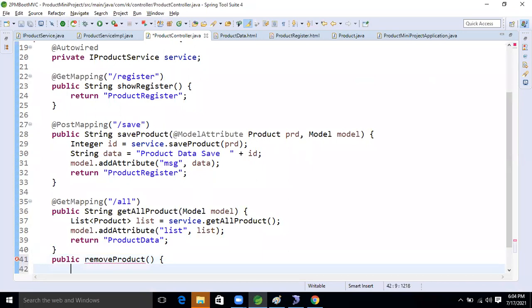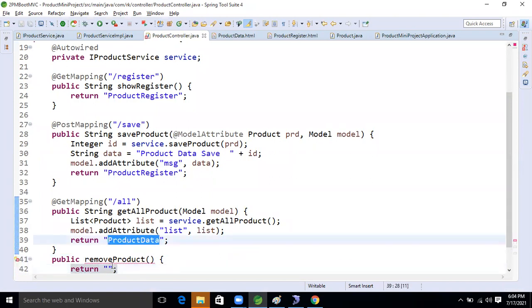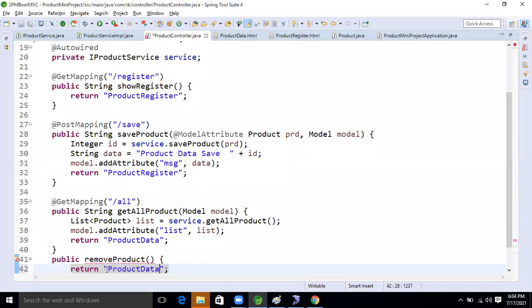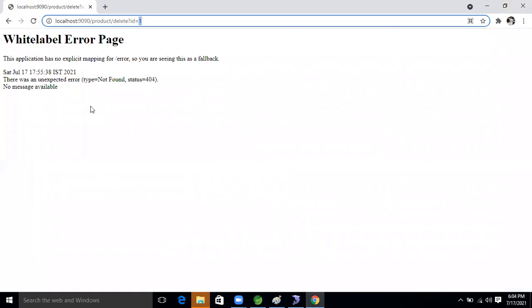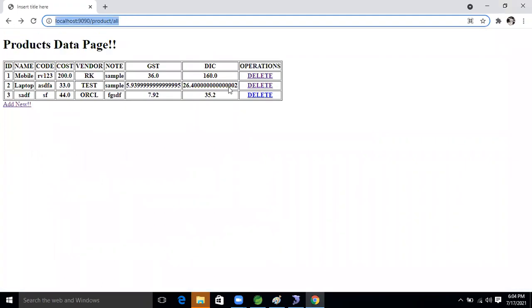Inside that we will return a page. Which page? The list of product data page, because we need to see the data on this page again. If we delete one record here, only that record is deleted, so we need to expose this page only.